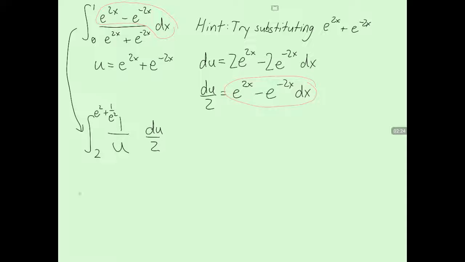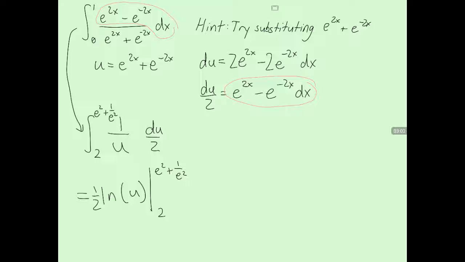So now if we integrate this, well, we know that the integral of 1 over u is just ln u. So we have 1/2 from the 2, and then we have ln of u. This is evaluated from 2 to e squared plus 1 over e squared. And in this case, we don't have to put the absolute value signs there because we're evaluating it at